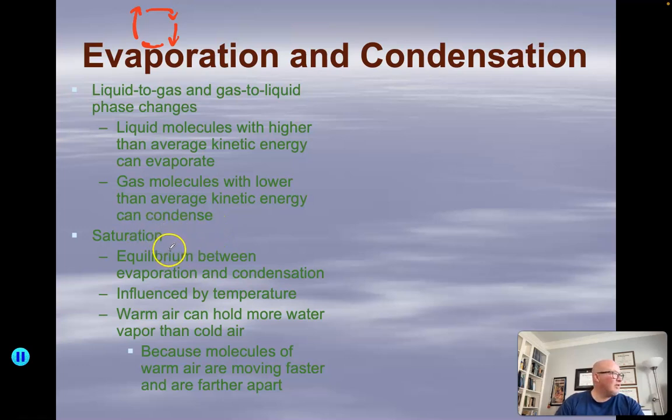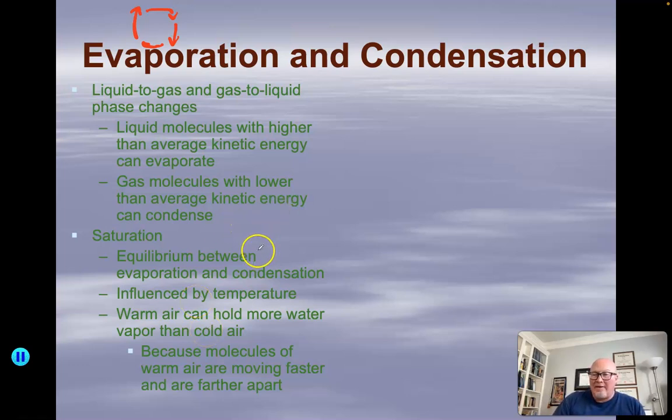So then, what is saturation? When you have an equilibrium between evaporation and condensation, that would be referred to as saturation. This is influenced by temperature. Depending on what the temperature is, the air can only hold so much water vapor. Okay, the air can only hold so much water vapor at certain temperatures. Warm air holds much more water than cold air. Cold air does not hold a great deal of water